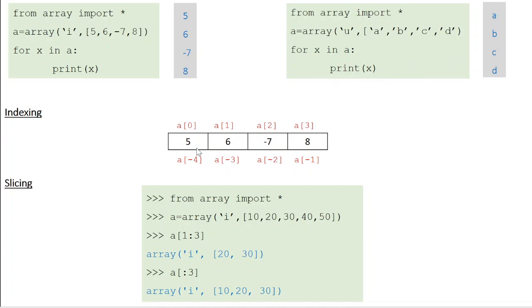Now, just like a list, array also supports indexing. Each element has two types of index, a positive index and a negative index. The indexing always starts from 0. So if you look at this particular array, 5 is the 0th indexed element, 6 is the first indexed element, so on and so forth. And if you're following the negative indexing, then the last element is always minus 1. So A[-1] is 8. So you can access the elements of an array